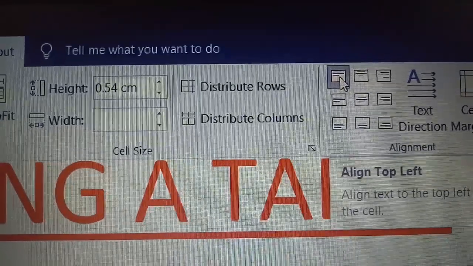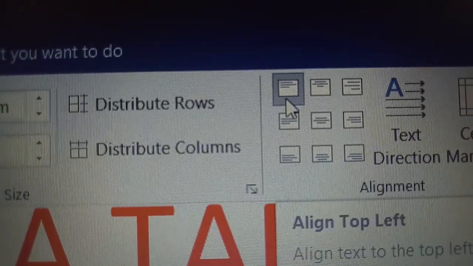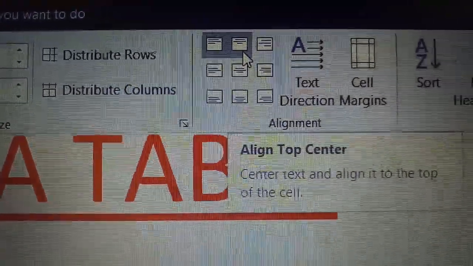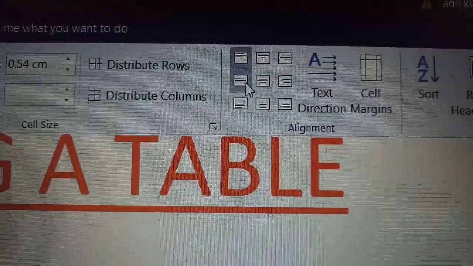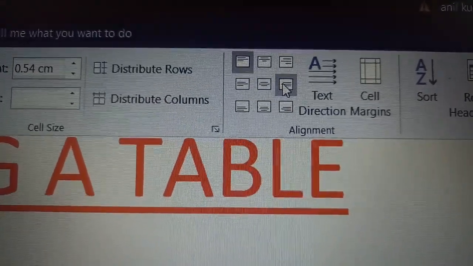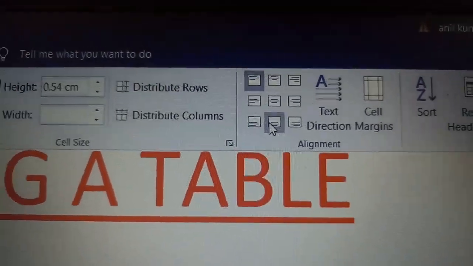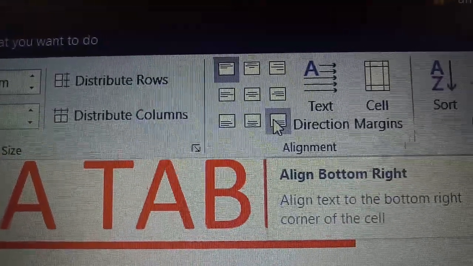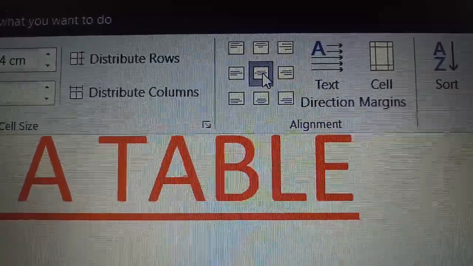When you take your mouse pointer to each of them, their respective names appear. So this is Align Top Left, Align Top Center, Align Top Right. This is Align Center Left, Align Center, Align Center Right, Align Bottom Left, Align Bottom Center, and Align Bottom Right. Now as per your requirement, you can select any one. I am selecting the center one.